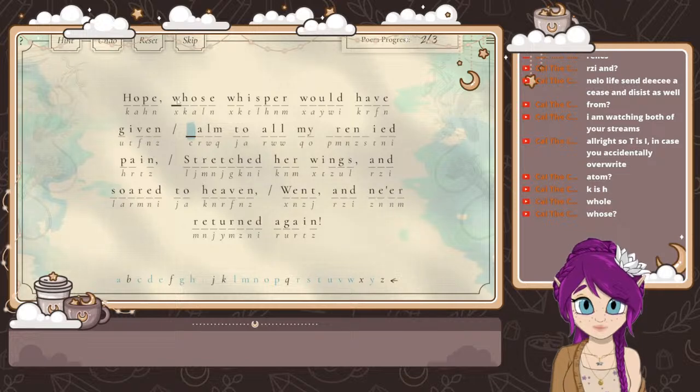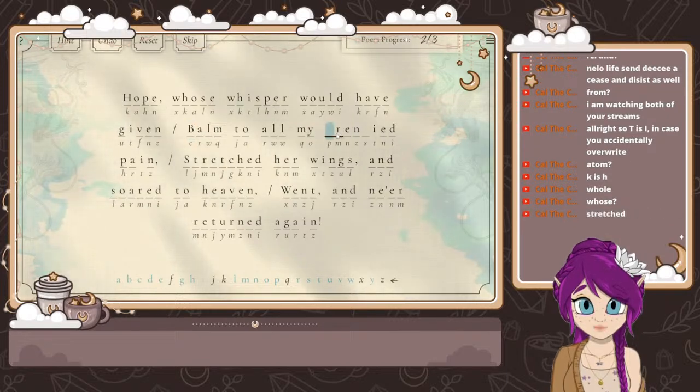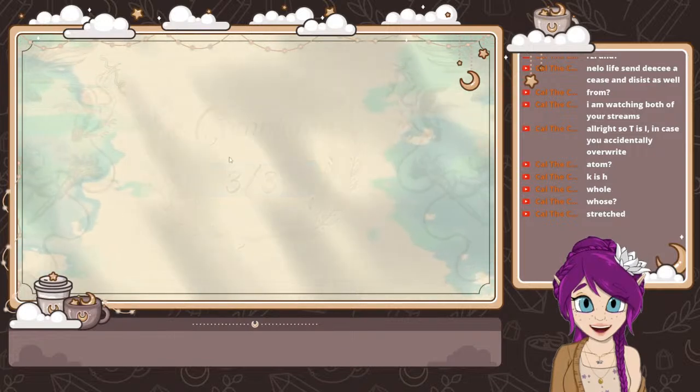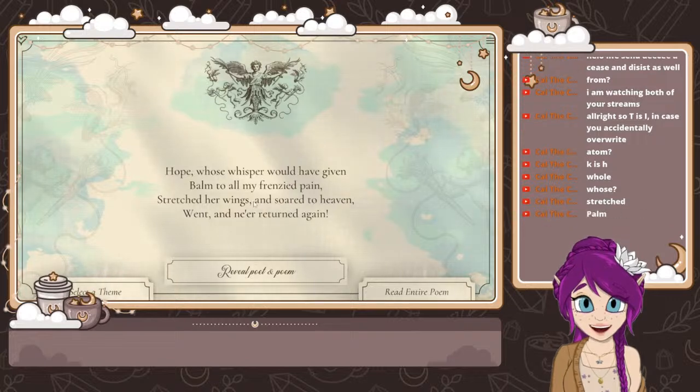Yeah. Whose whisper would have given balm to my frenzied pain. There we go. Hope, whose whisper would have given balm to my frenzied pain, stretched her wings and soared